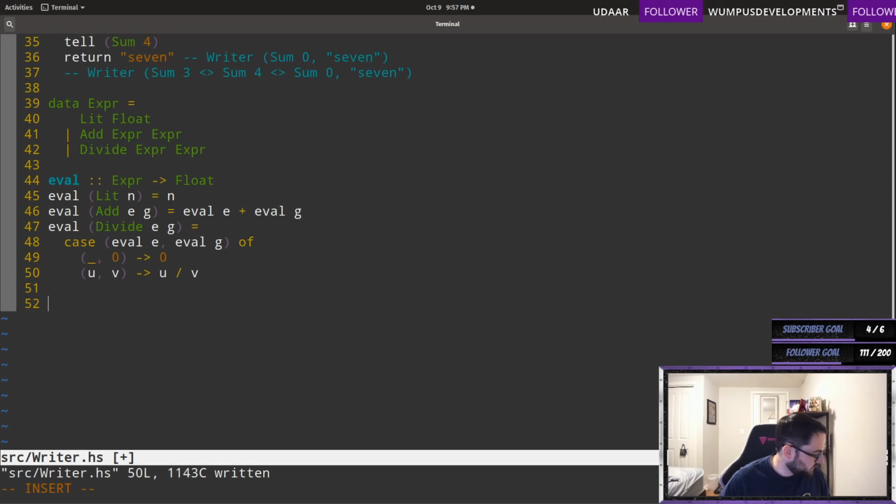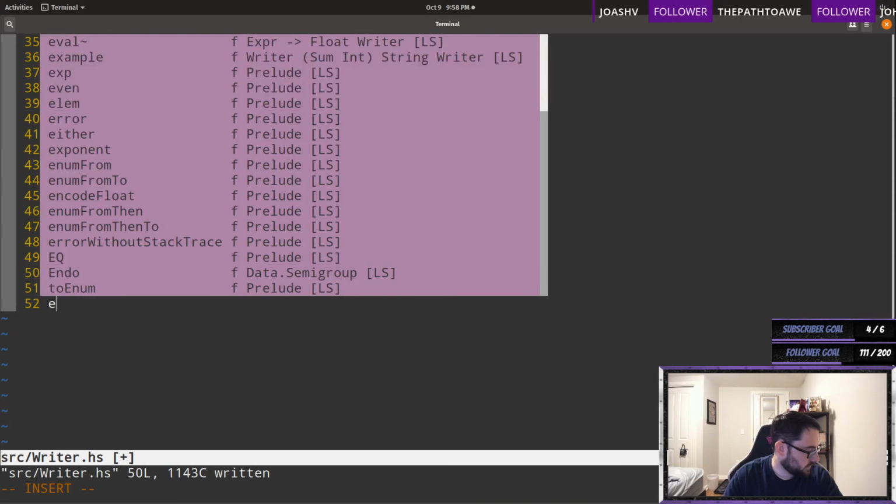Okay, so by doing this, we won't ever know if this error case is achieved. So the proposed solution is to wrap the entire computation in a writer monad and produce log messages. So let's do that. So we'll say